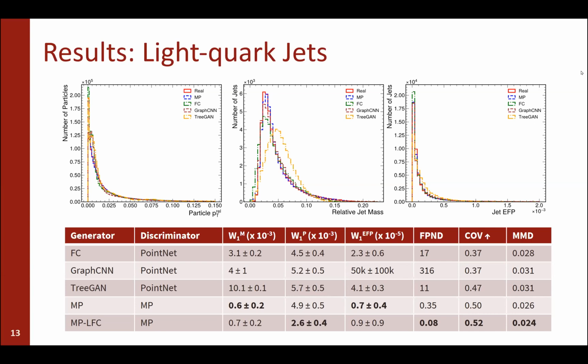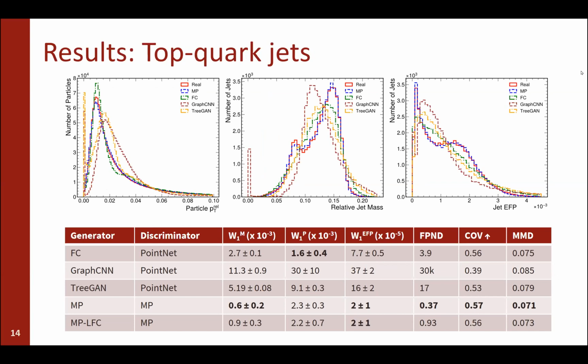And you see that message passing is best in all the cases. It depends a bit on the flavor, but between the two of them there is not much difference. Then if you go to the top quark jet from slide number 14, please, you see that again it's the same case